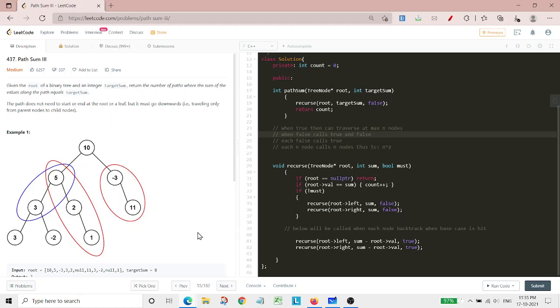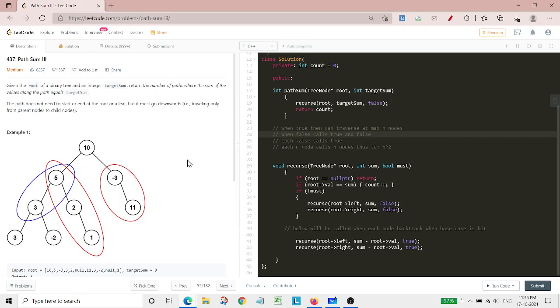Now if the question was to check which path is there from the root, then it was much easier. And if there was just one path and we needed to find only that path, even if it doesn't lie in the main root, then also it was easier.